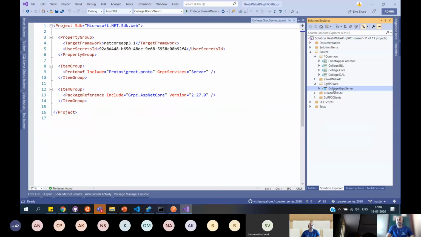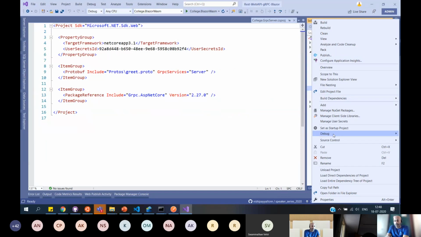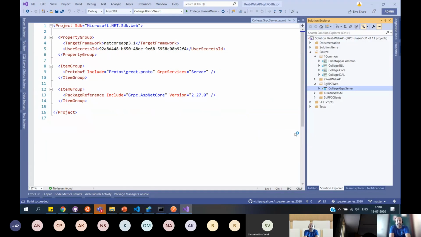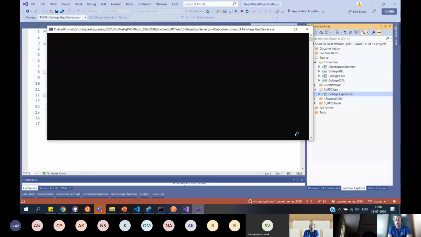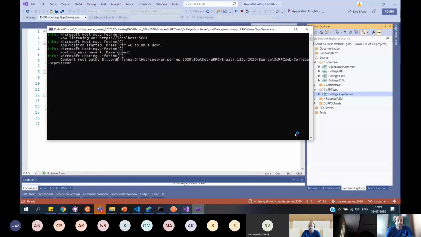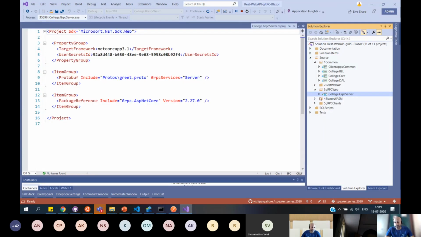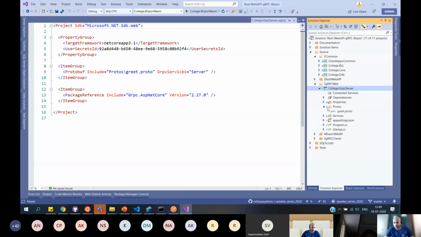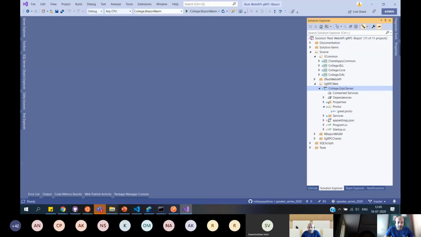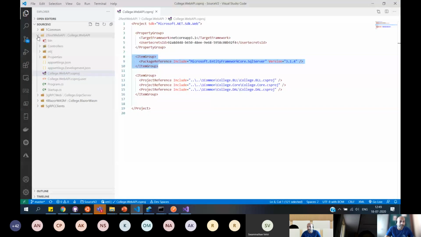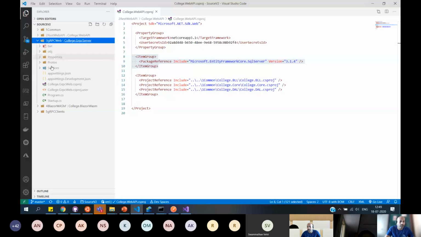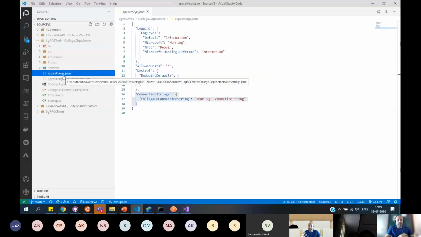What is there in this gRPC server is, let me run one instance of it and we'll see that it has got the same hello world, the same greet thing. So there's nothing in there, and it doesn't have anything except this proto. Okay, cool. So one small change, to see some kind of information from the gRPC